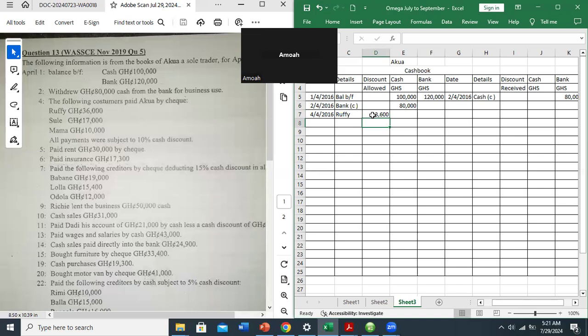After that, the money was paid by check, right? So we go under bank and we are going to put the net figure. When I say the net figure, it means you are going to deduct the discount from the gross amount you receive. So in the case of Rafi, we received 36,000. Discount is 3,600. When you deduct it, let's see how much you get. 36,000 minus,